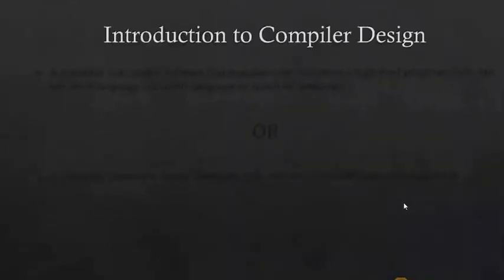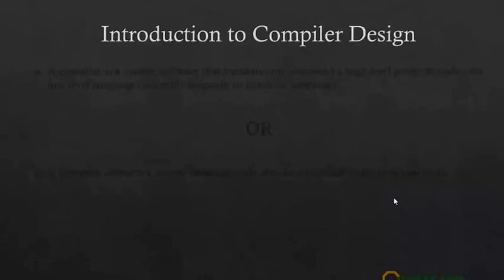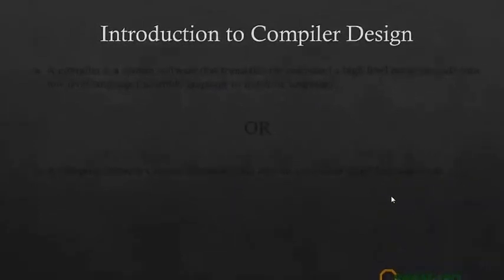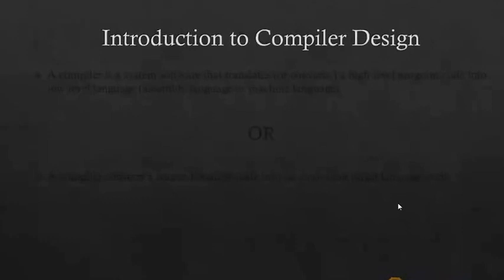First of all, introduction to compiler design. What is compiler design? You can say that a compiler is a program that translates a high level language program into a functionally equivalent low level language program. So a compiler is basically a translator whose source language, that is the language to be translated, is the high level language and the target language is a low level language. That is, a compiler is used to implement a high level language on a computer.